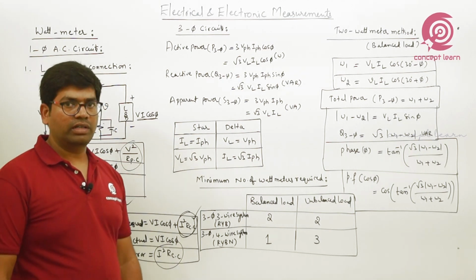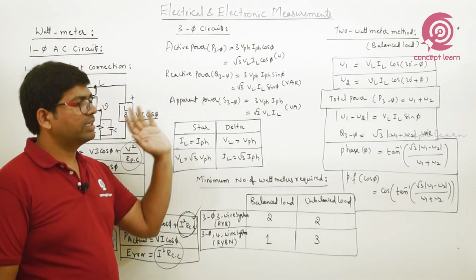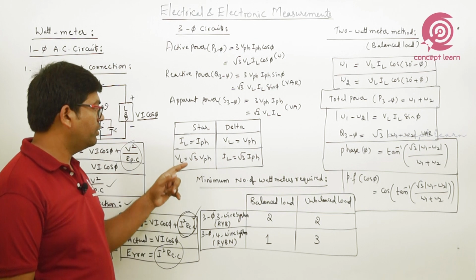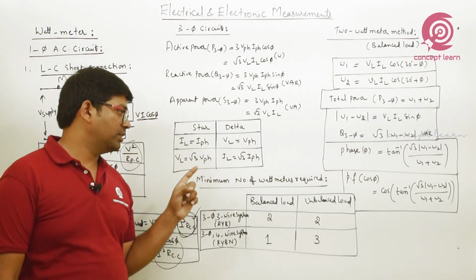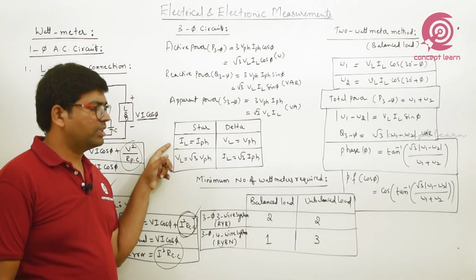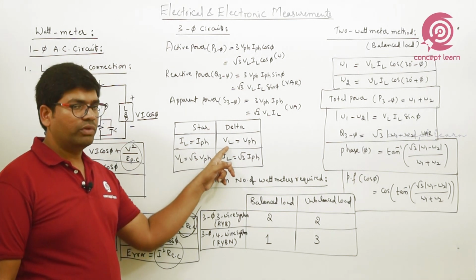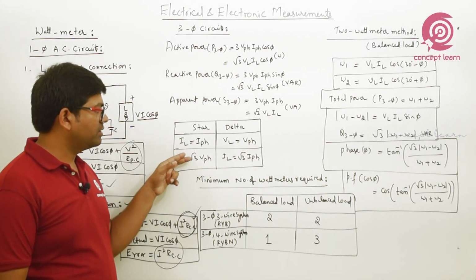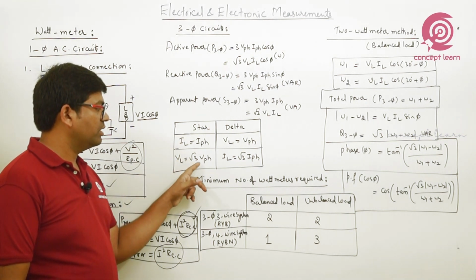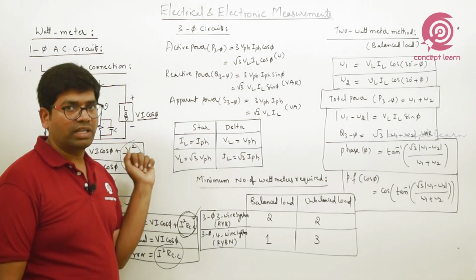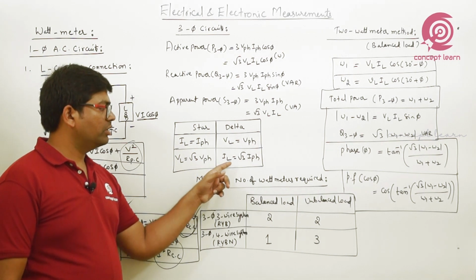That is the expression for apparent power, which is even useful in other categories. But here these are the expressions in terms of line and phase. In three phase, we can have star as well as delta connection. In star, the line current is equal to the phase current, while line voltage is equal to root 3 times the phase voltage. In delta, just the opposite relations: line voltage is equal to phase voltage, and IL is equal to root 3 times the phase current.